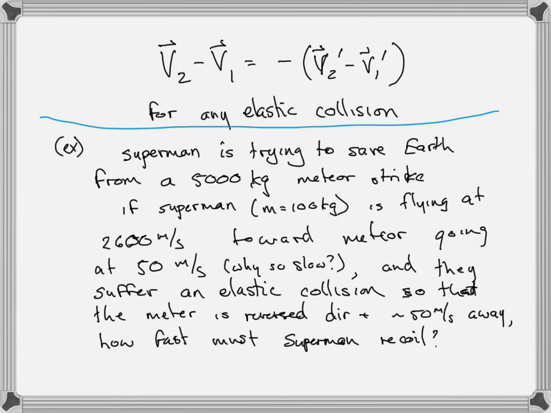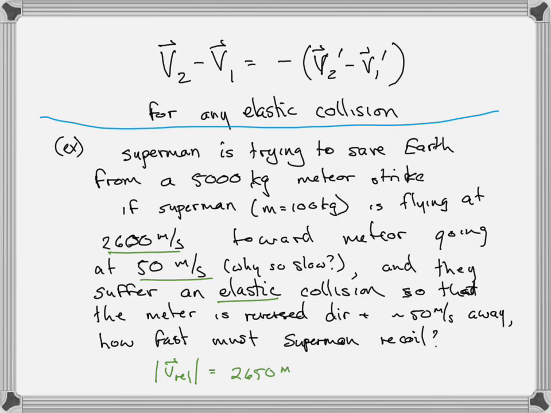Well, you could absolutely do momentum conservation. And actually momentum conservation would do it, but we can also just use the relative velocity formula and say, it's an elastic collision, so the relative velocity must be the same before and after the collision. Before the collision, if Superman is going 2,600 meters toward the meteor and the meteor is going 50 meters per second toward Superman, then their relative velocity is